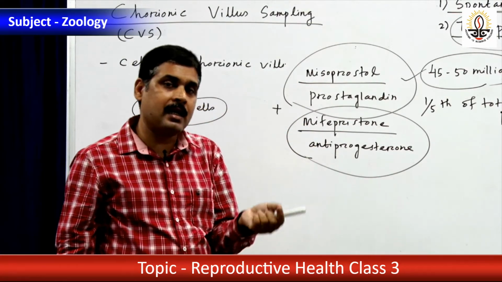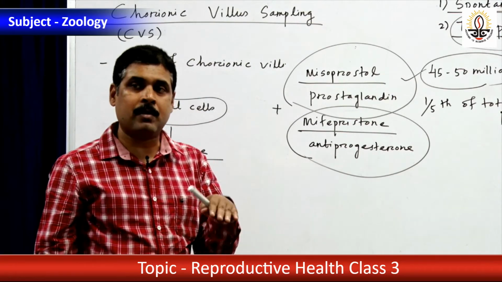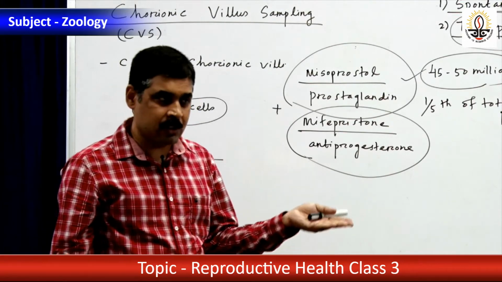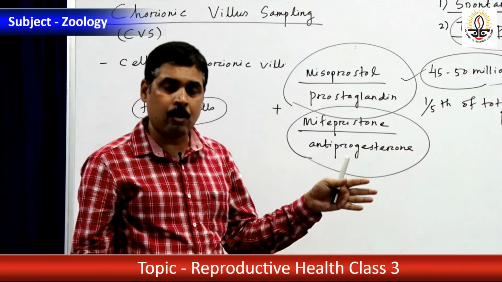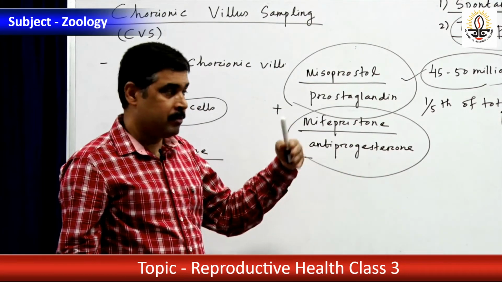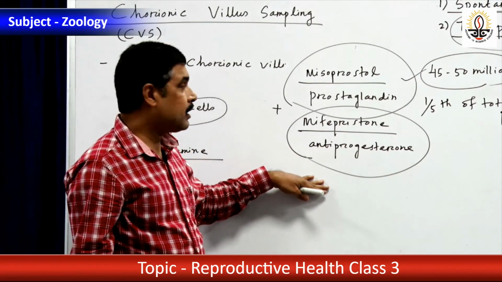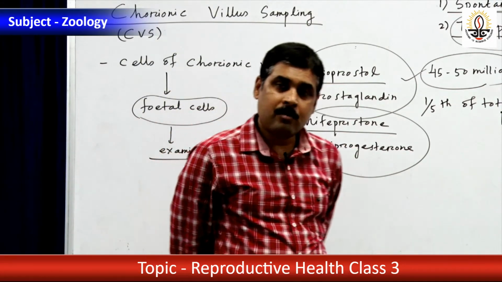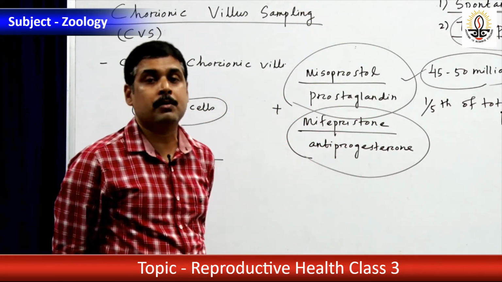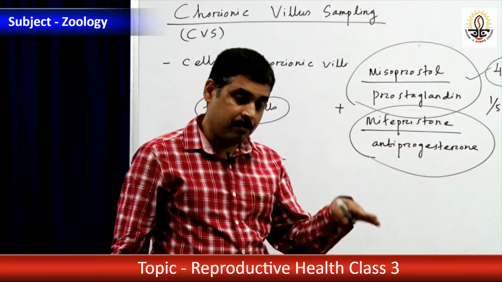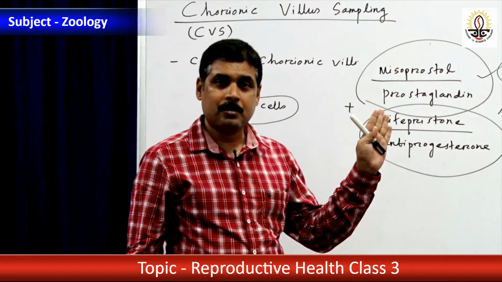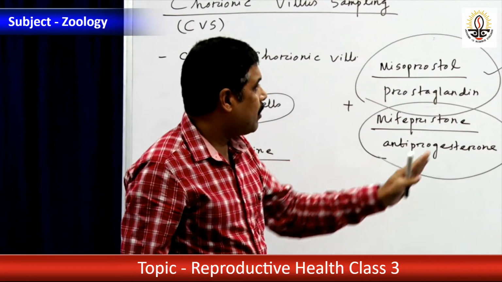Some tablets are taken orally and some are inserted through the vagina, and that will erode the uterine endometrium, and the abortion passes through the vagina or through the menstrual cycle. Okay, menstrual bleeding carries the abortion out, but it is very dangerous sometimes. Sometimes it may take the life of the mother. Everything should be done under doctor's supervision, because sometimes heavy bleeding occurs and that will take the life of the mother. Okay, so this is all about MTP.